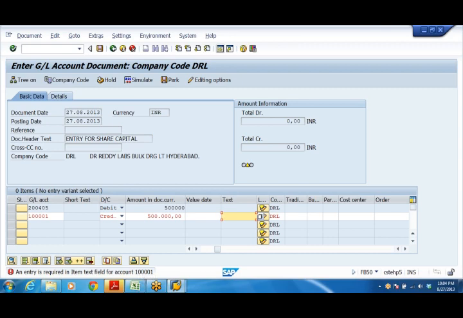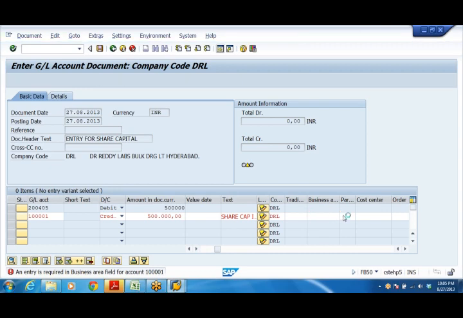Here, share capital issued. Next, press enter. Entry is required in the business area field. See, the cursor stopped in the business area field. What are the business areas we have?